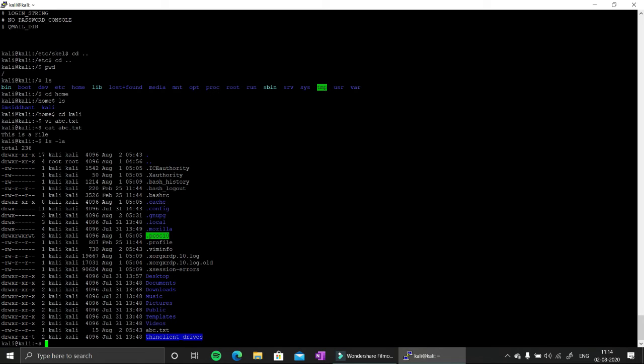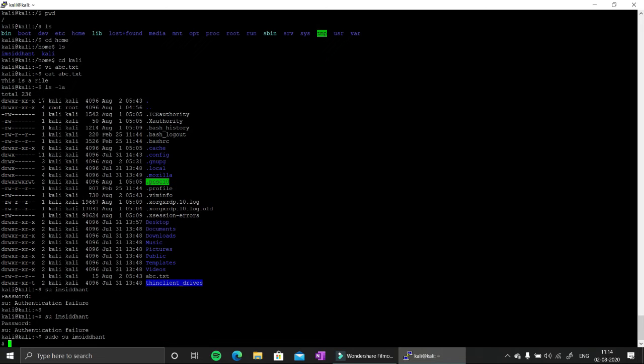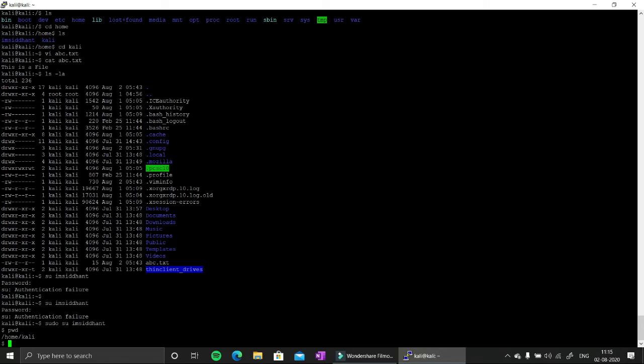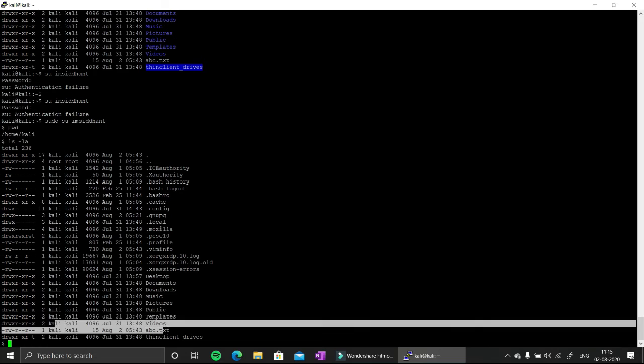So if I log in as imsiddhant, here you go. I just added sudo and it changed me to imsiddhant. Now the present working directory is home/kali and ls -la, here you can see abc.txt.